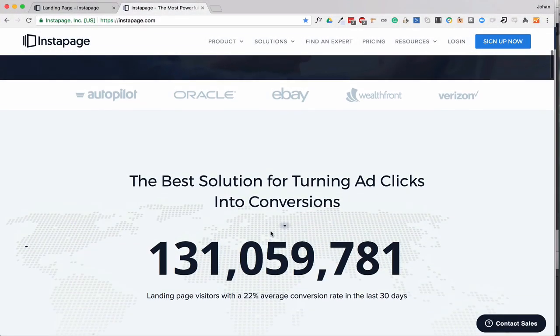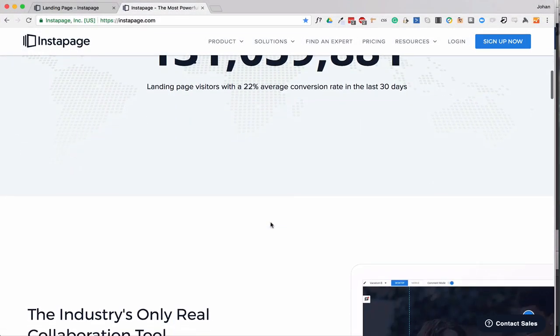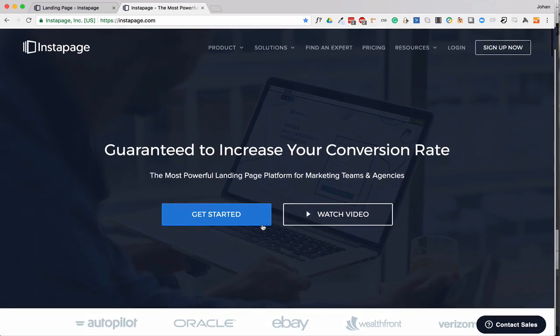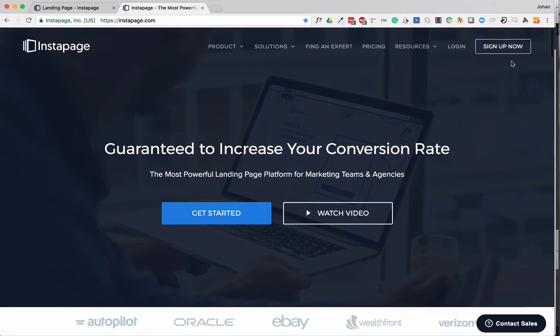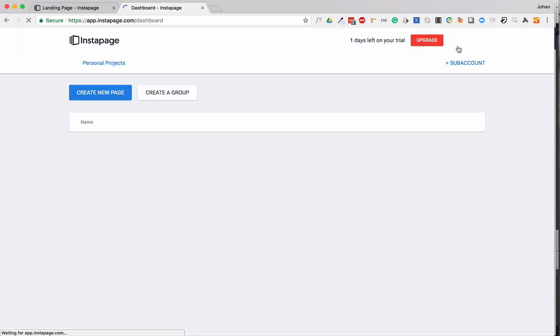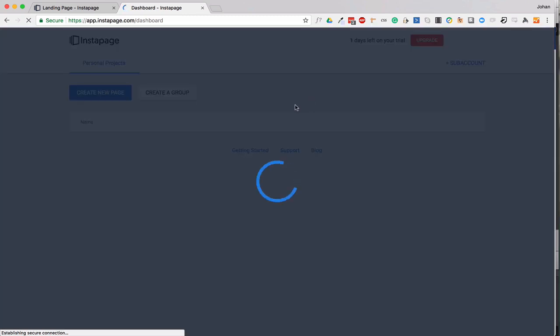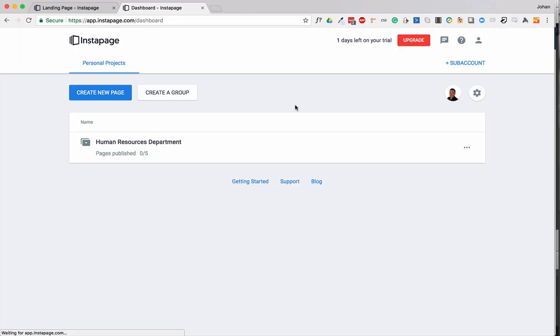You will see that when you're on the Instapage homepage, on the upper right you will be able to sign up for the service. Since I've already done that, I will simply log in and access my Instapage Dashboard, where I keep all my projects and landing pages. So as you see up here, I have my personal project,